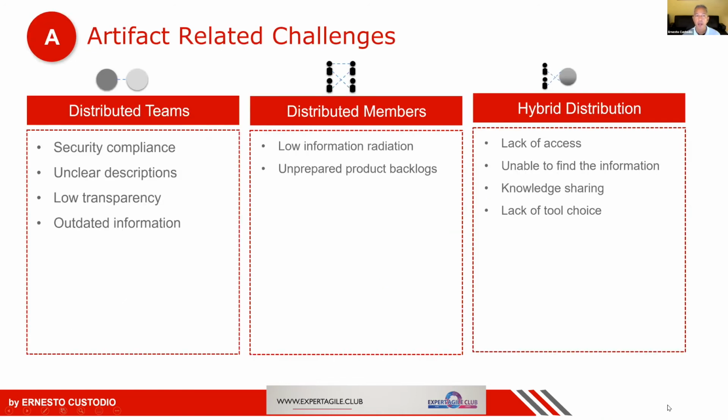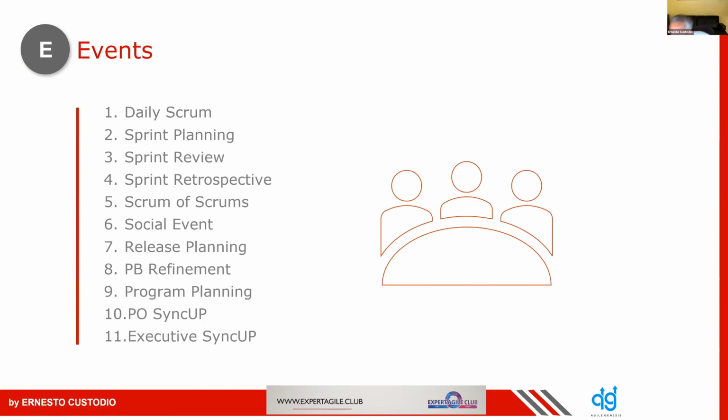Okay. Let's go back and let's look at what are some of the events that you are holding. And you're holding retrospectives, daily Scrums, retros. Most teams have the standard of 5 Scrum events. Some have the SOS and release planning. Excellent. By the way, when we say 5 Scrum events, most folks tend to think that the product backlog refinement is the 5th event. The 5th event is actually the sprint itself. So you need to make sure that your sprint is time boxed and that you're generating an increment at the end if you're